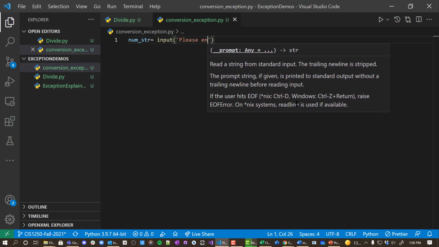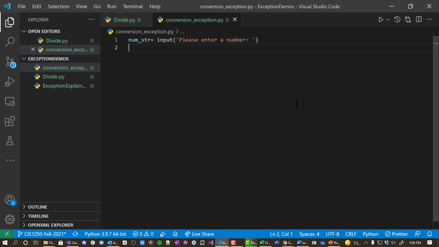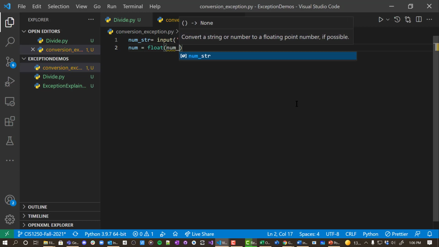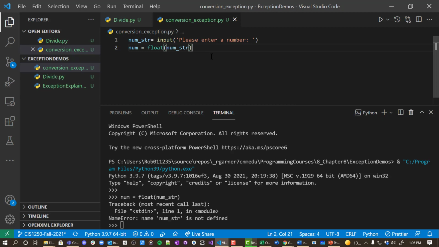Please enter a number. Notice I'm inputting a string, and then I am going to say num is equal to the float of that string I got in. And here I'm going to